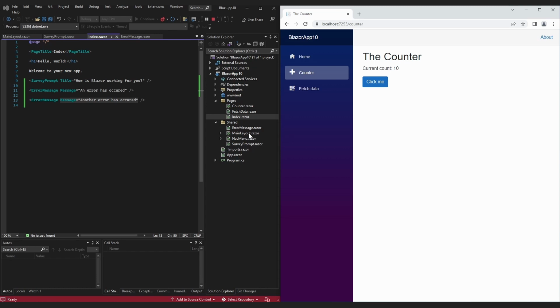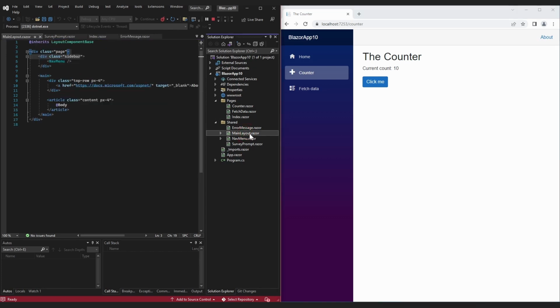The code for these parts of our website are stored in the main layout.razor file, which we can see in the shared folder. Now, a layout file is where you put all of the HTML and CSS that you want to be visible on every page of your website. For example, if we wanted to add a footer to our website with, for example, copyright information, maybe a link to an FAQ page, then since we want that footer to appear on all of our pages, we would put it in the layout file. Let's take a look at the main layout.razor file and see how it is constructed.